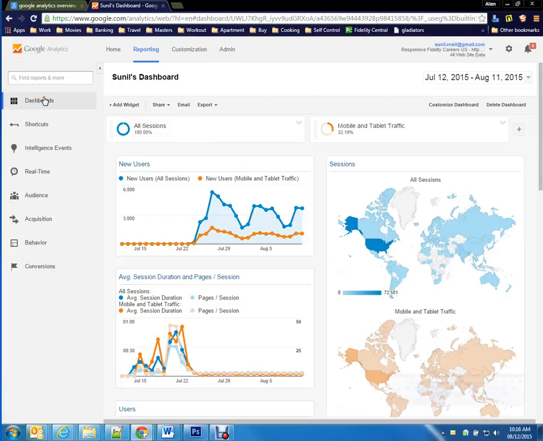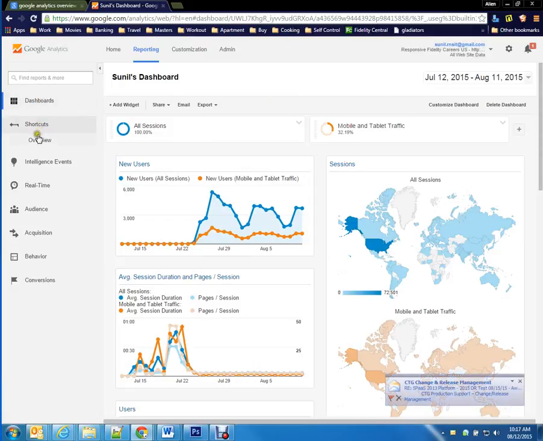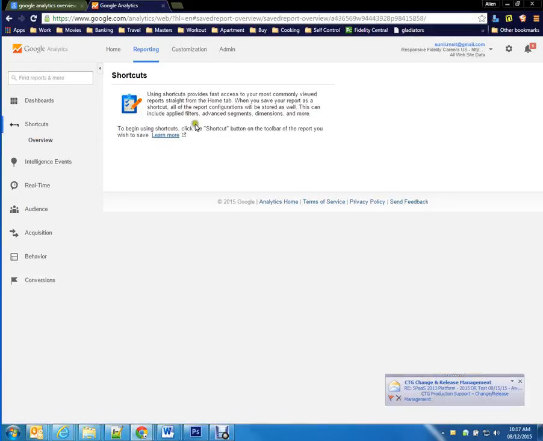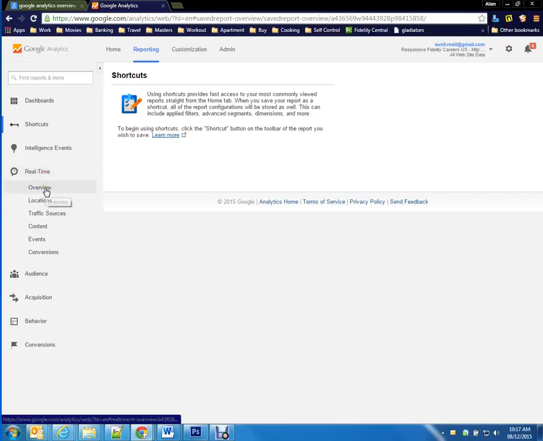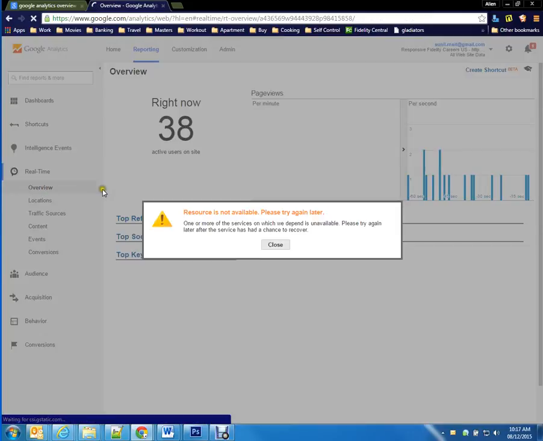Now, let's look at shortcuts. What do shortcuts mean? As of now, we don't have any shortcuts yet. Let's see. For example, real time. I want to view the real time data of how many people are accessing the Fieldly Career site. So I just go and click on real time, and within real time I select overview. Once I select overview,